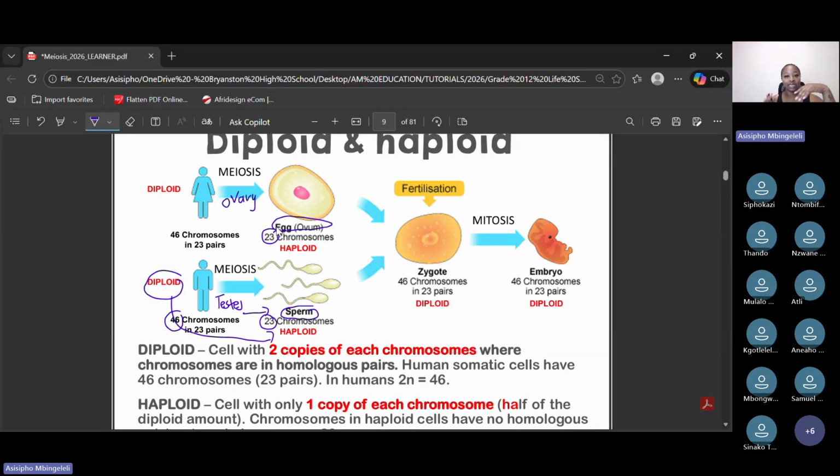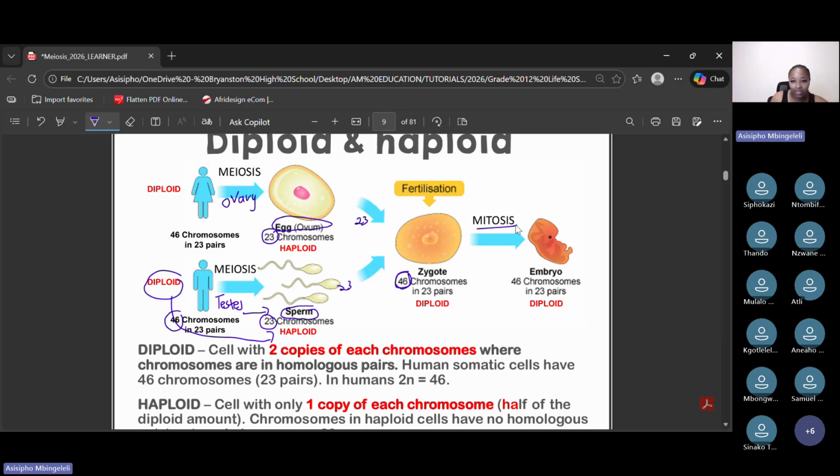Then during fertilization, whereby there's a fusion of a sperm cell and an egg cell, the sperm cell brings in 23 chromosomes from the father, and the egg cell brings in 23 chromosomes from the mother. 23 plus 23 will give us 46. The zygote is the early stage of the embryo, fetus, or a baby. So that means the baby will have 46 chromosomes from the zygote stage, and that is going to be maintained